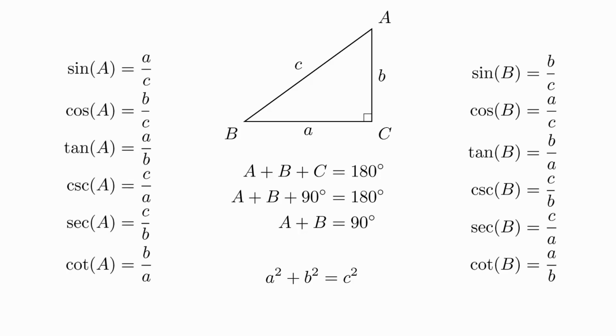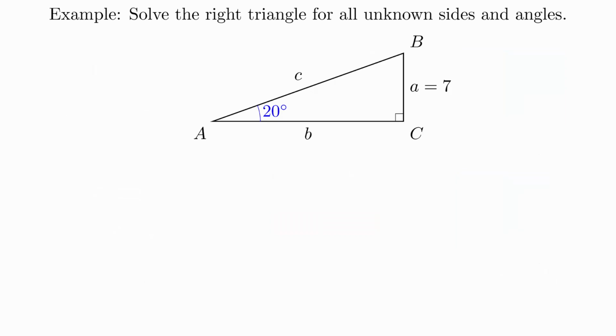We also have trigonometric relationships that relate one of the angles with 2 of the sides, so if we know any 2 of those values, we can calculate the third. It turns out that if we know the length of one side and one other piece of information in the right triangle, we can calculate the lengths of all the sides and calculate all the angles. This is a matter of problem solving. Based on the picture, you have to determine which relationships you're going to use. And there may be many ways forward, but as long as your steps are valid, you will get the right answer. Example: solve the right triangle for all the unknown sides and angles.